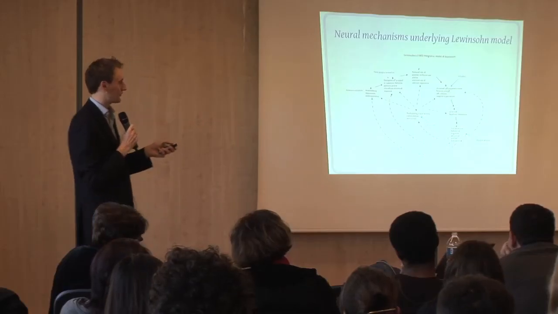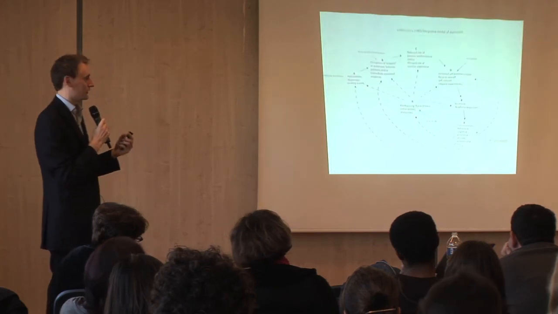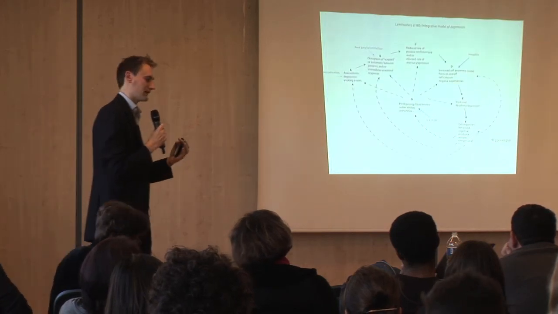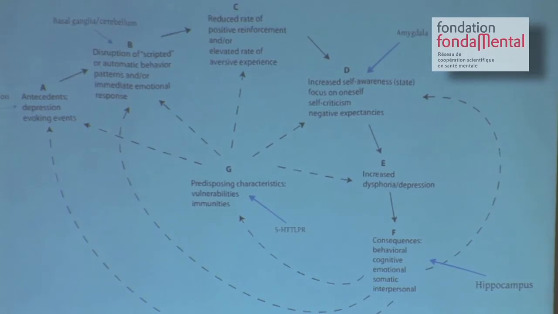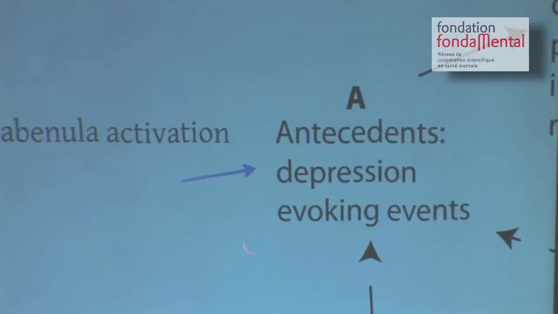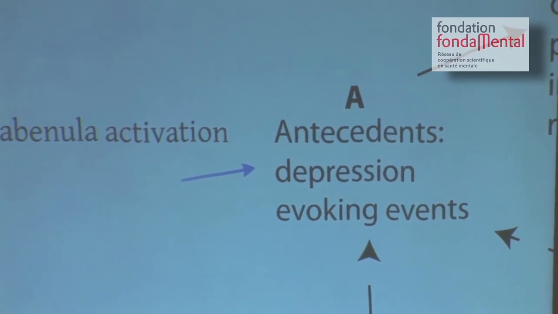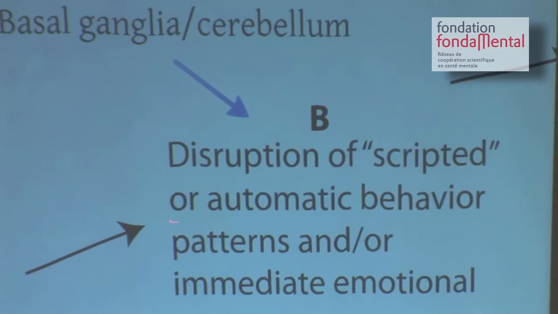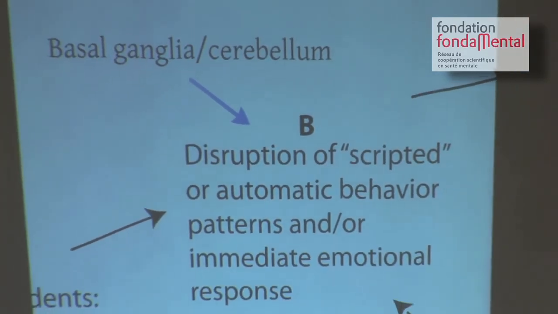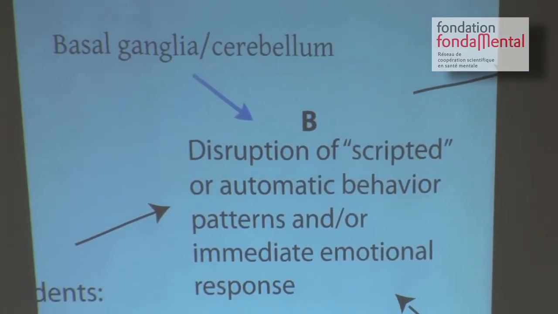So I can quickly go back to the Lewinsohn model and ask, what does the work that I've presented add to this model? Does it fill in any gaps about the underlying neural mechanisms? So the antecedents, the stressful negative life events, might be associated with habenular activation. The disruption of the scripted automatic behaviour plans by these negative life events might be associated with the basal ganglia